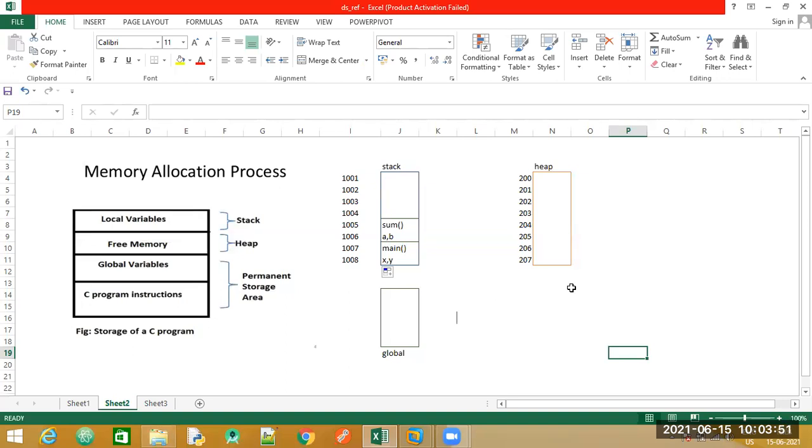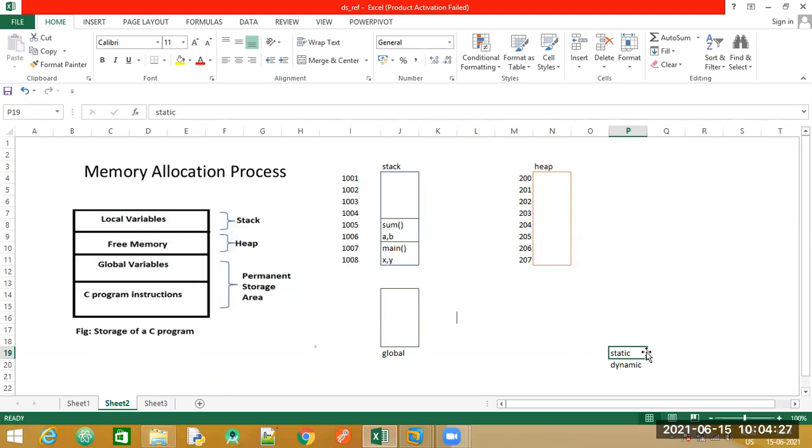Whenever we talk about the computer's memory, the memory taken up by the variables or by the set of instructions can be stored in two ways. So we have two ways of allocating the memory. We have a method called static memory allocation, and the second type is dynamic memory allocation.